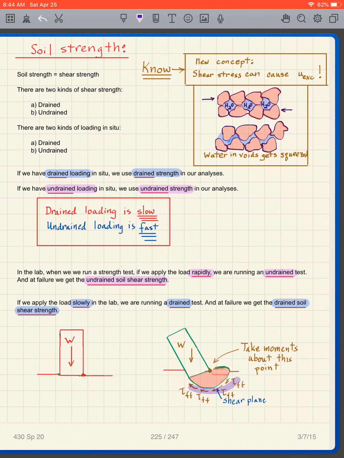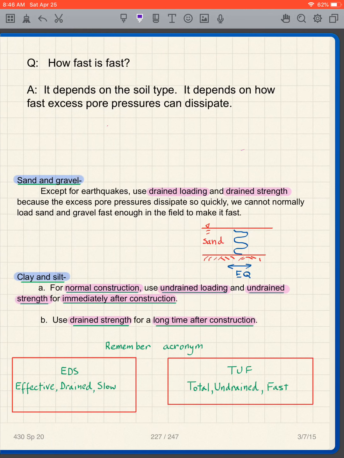the excess pore pressure that is generated along that shear plane will pretty much dissipate during the construction process, so we never really get large excess pore pressures with sand and gravel due to the building of a structure, because we just can't build the structure fast enough. The pore pressures dissipate faster than we can build it. The exception, or a loading,